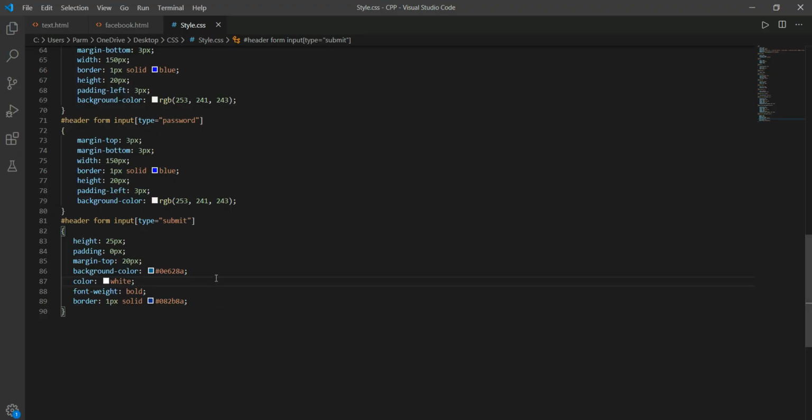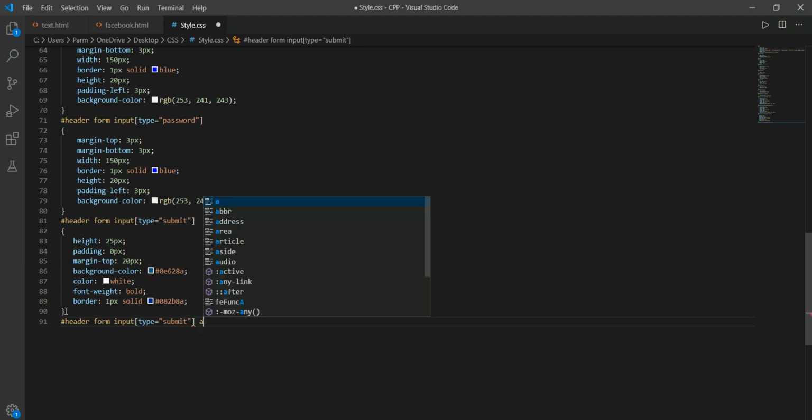So for this we will copy this line from here, Control C, then we will go over here, Control V, and write anchor colon hover.